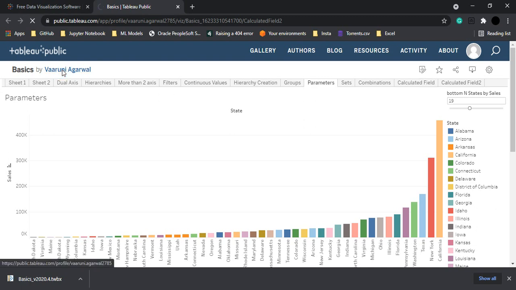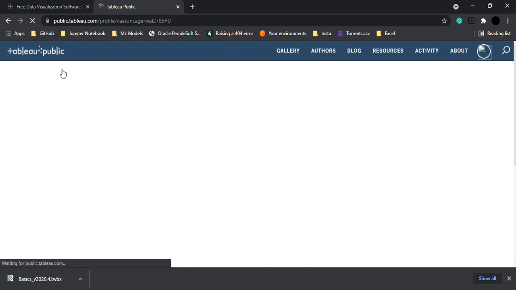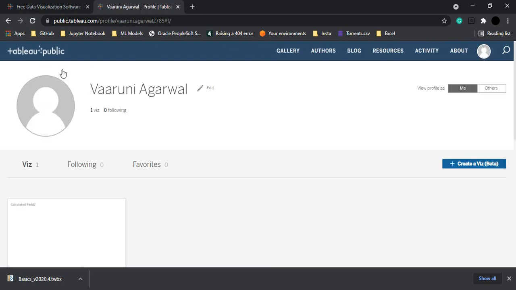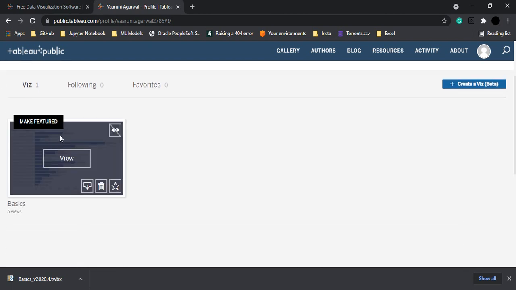There's the link to your profile. You can just select on that and it would take you to your own profile, where now you have this visualization as one. This is the first visualization you have available. Here you can just delete it. Okay, so if you just delete it from online account, then that particular visualization would be removed from Tableau Online and you have created an offline copy for yourself. So that's the trick of securing your files, right?